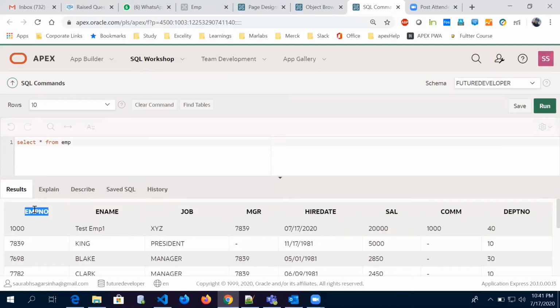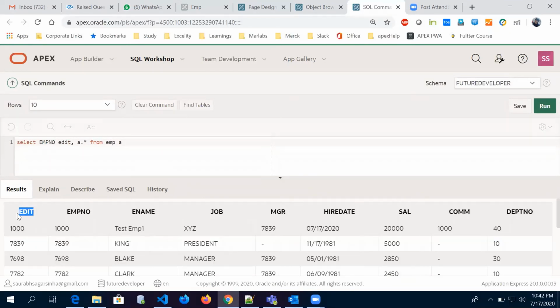So I'll write EMP number twice. I'll just show you why I'll be doing that, and I'll give the alias name as edit. So here I'll be giving that link, like that. This is one way. You can do it how I have done for this column. You will be doing it for this column. No other difference. I just created a thing. So you can do somehow like this.